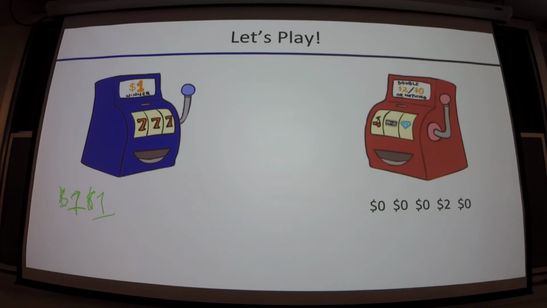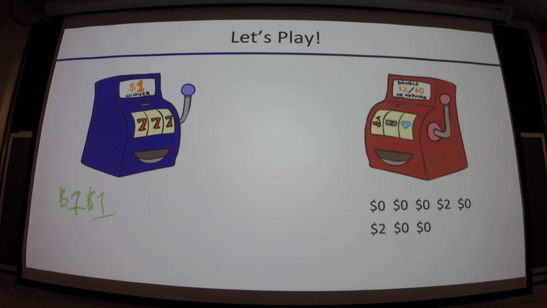All right, we pull the red lever again. We get $0. What's going on? Keep going. Oh, $2. What's happening? What should we do? Step back and now look at the values. That would be a very insightful thing to do. But we're not that smart yet, so let's just keep pulling levers. At some point, maybe we decide we've seen enough of the red slot machine, we prefer the blue one, and we'll just go do that.